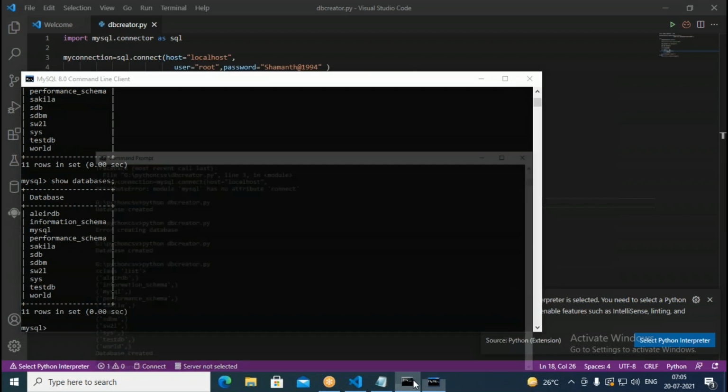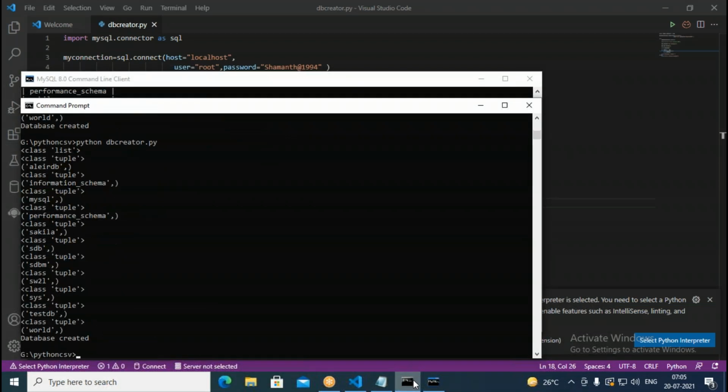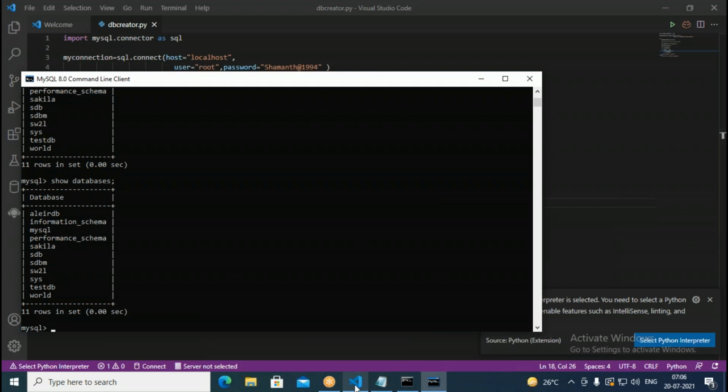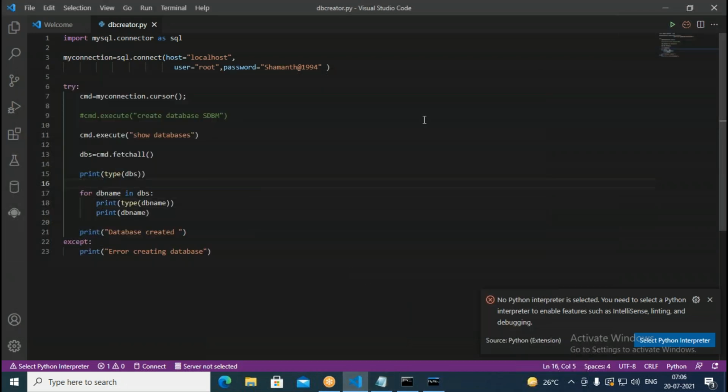Sorry, not that. It has to be this piece of code. What it is saying here, initially it says class list, but after that, for every iteration it says it as tuple. So it's nothing but a list of tuples. All the tuples, they are coming into the list here. So from the list, one by one we are retrieving and we are showing here. Okay, so like this, we are retrieving all the database names using this particular mechanism.